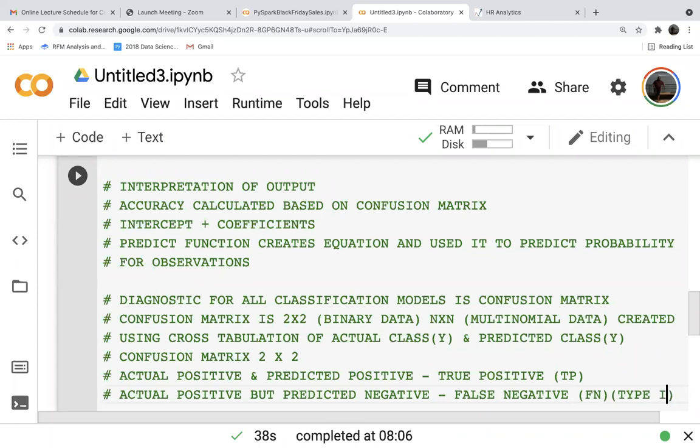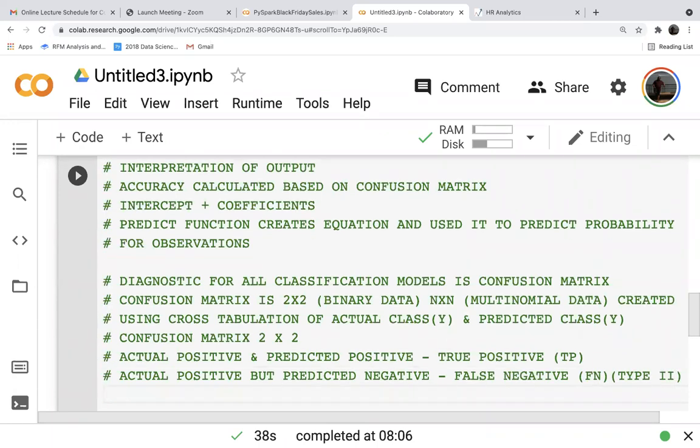Next, actual negative, but predicted positive. This we call false positive. The short form is FP, and this is your type 1 error.